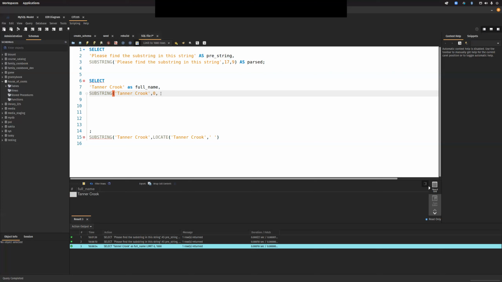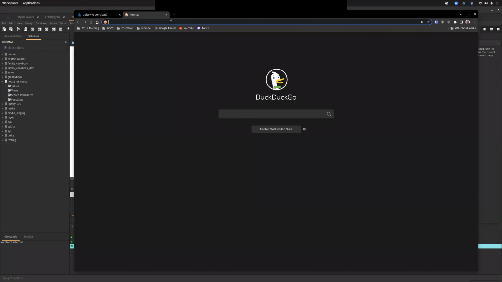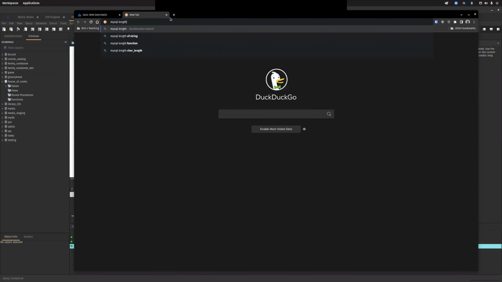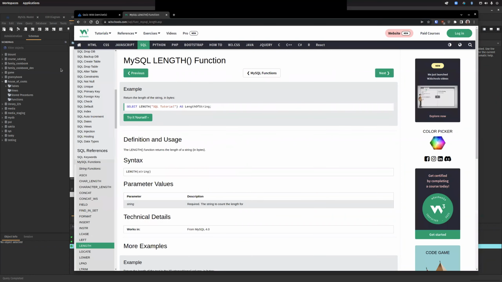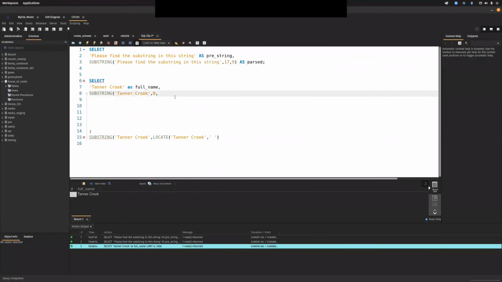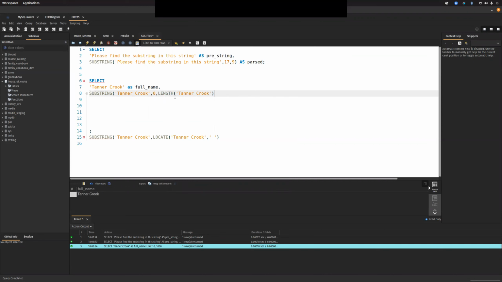We can essentially build this out with a couple of functions. I always like this use case because it lets us see a whole bunch. So MySQL length. What we can do is get the length of the string. But what we want to do is minus so many characters. So we're going to say minus